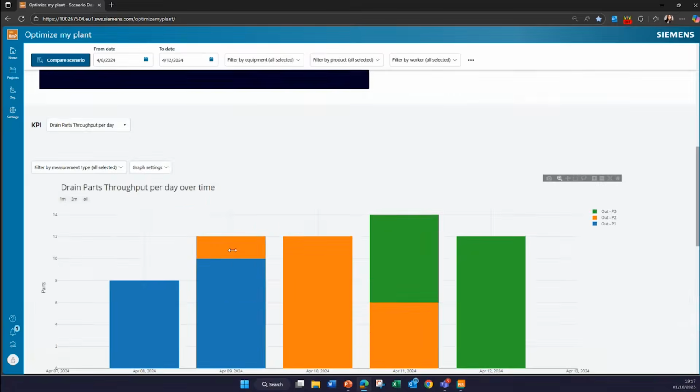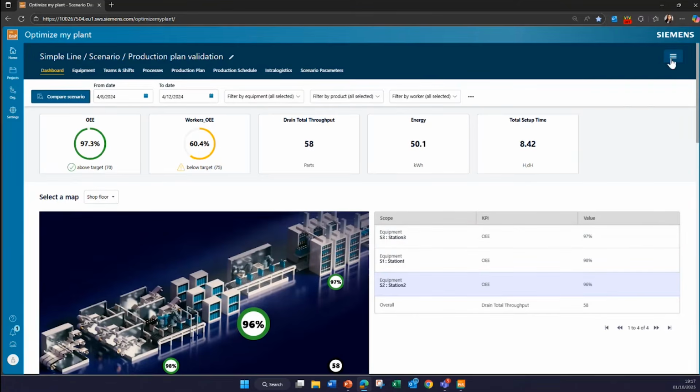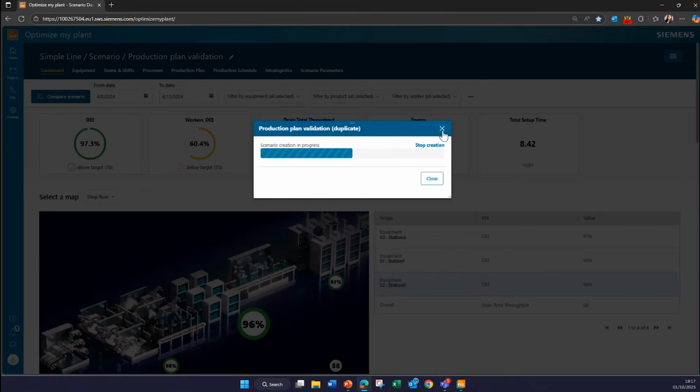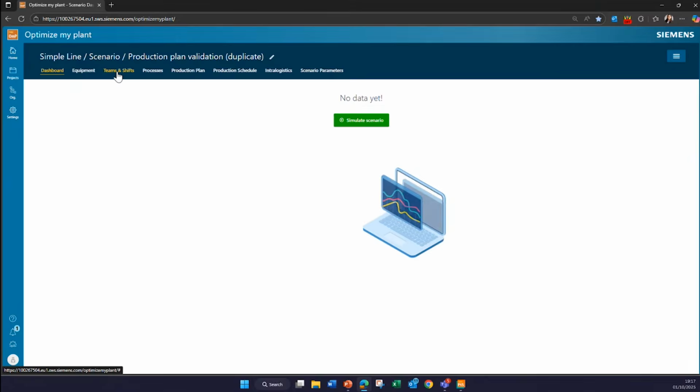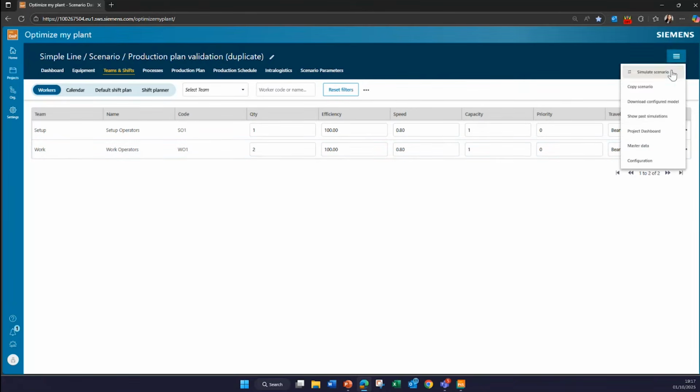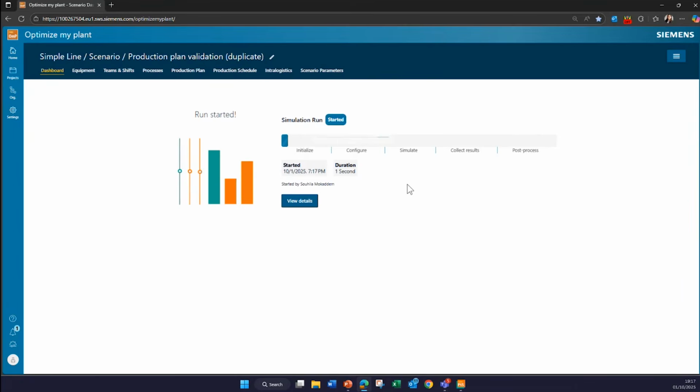So it's as simple as copying this scenario, going to the Teams and Shift tab, increasing the number of workers, and re-simulating the scenario. What's happening behind the scenes is Plant Simulation running in the background on the cloud.